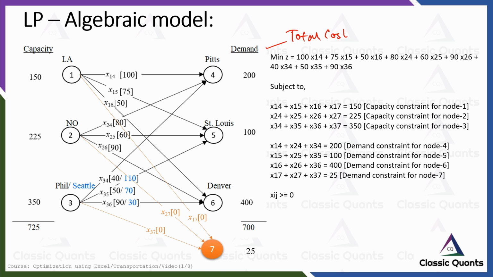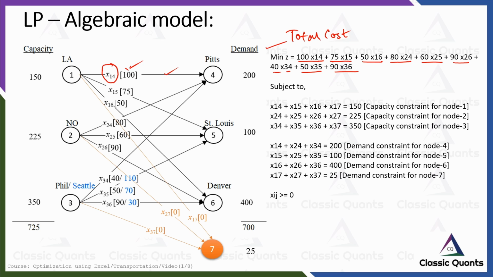Now how to compute the total cost? See, this is the flow units and this is the per unit cost. So if you multiply them, this gives the cost of one particular edge. Now for each edge you can calculate this particular cost and then sum it up, so you will get the total cost. So that is done here.